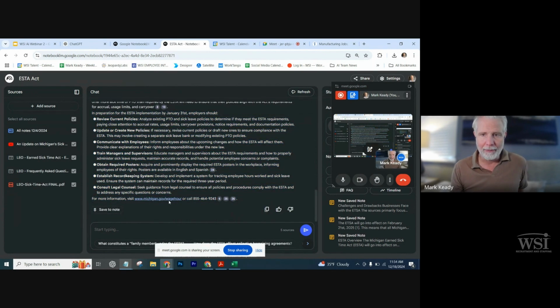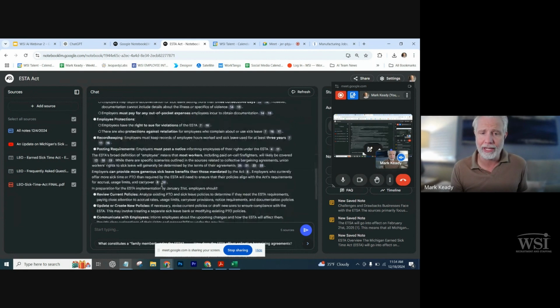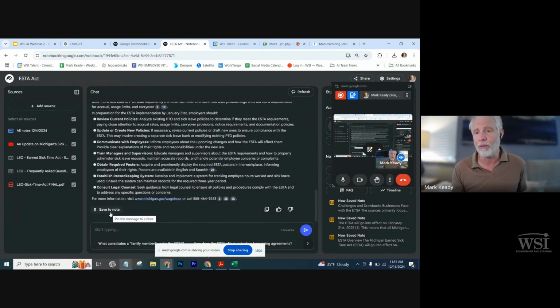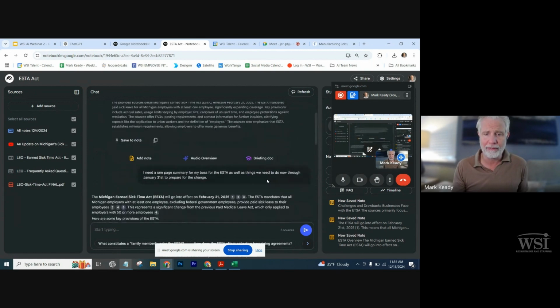Awesome. Now, one thing about Google Notebook LM, this chat will disappear forever and will not be back here ever again if we come back to this notebook, unless we hit save to note. And once we do that, it becomes a note, and this becomes a source that we can use later on. You can use up to 50 sources, by the way. We can copy all this information. We can paste it into a Word document or whatever we need.